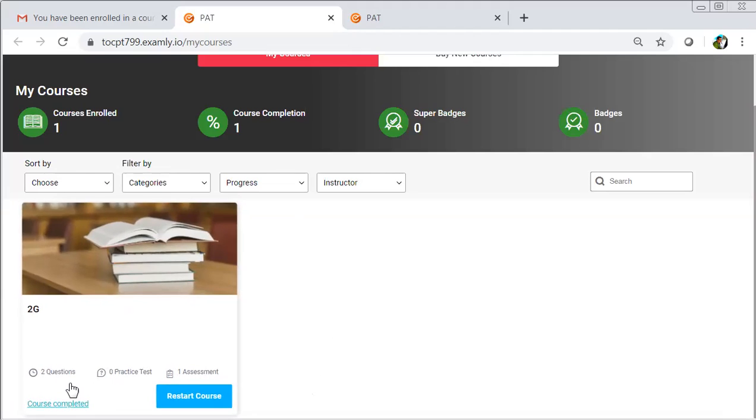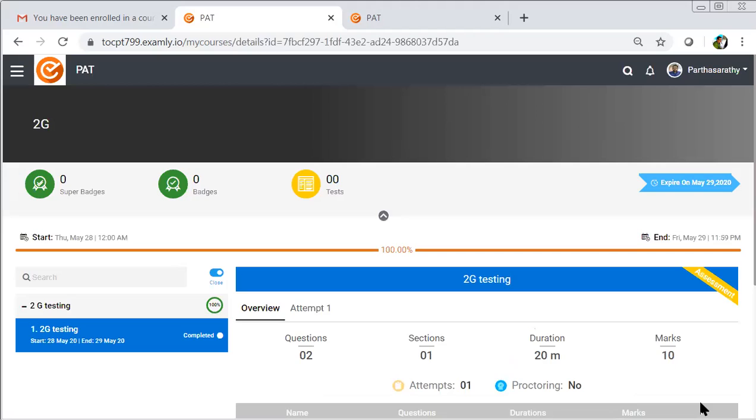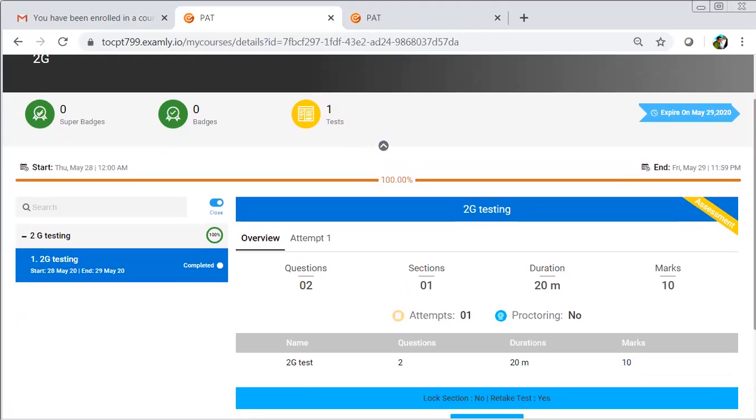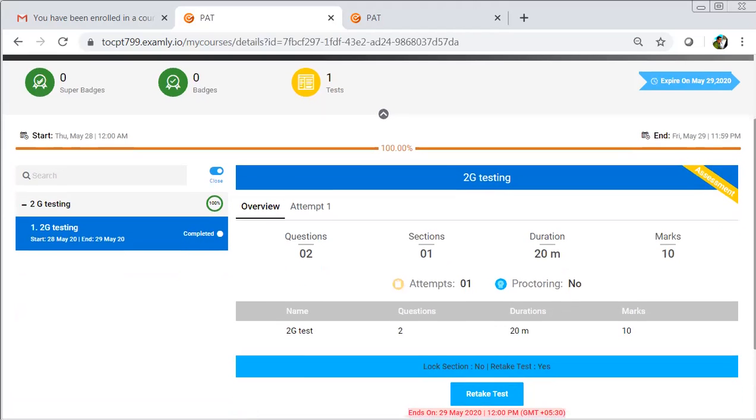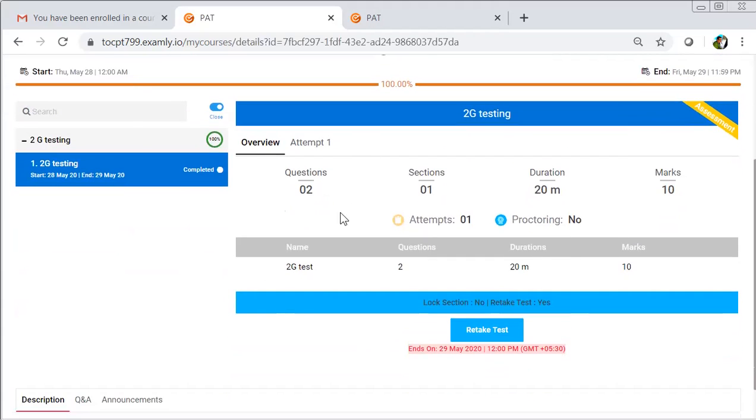Here it will show how many questions there are and the details of the exam. Then you can start the exam by clicking this. This page will show you the details of the exam you are appearing: how many questions, how many sections, what is the duration in which you have to complete this exam, what are the total marks allotted, and how many times you are permitted to attend this exam.